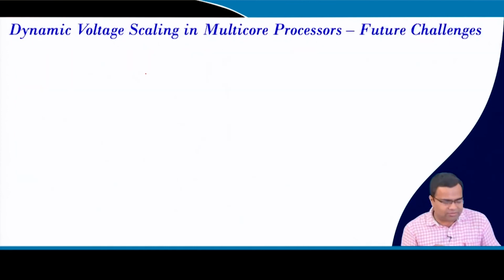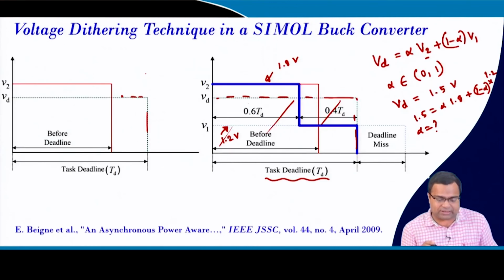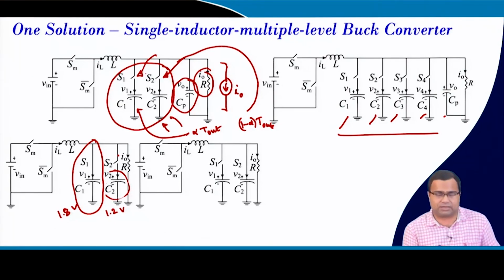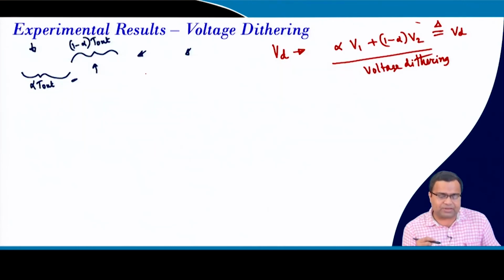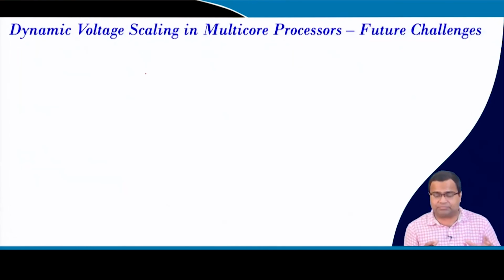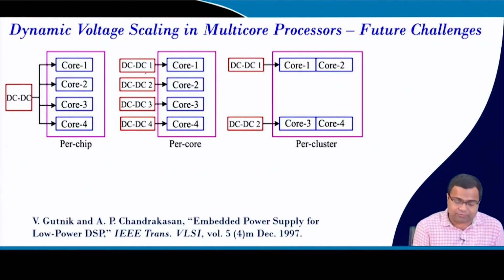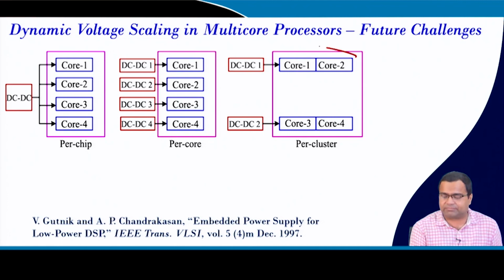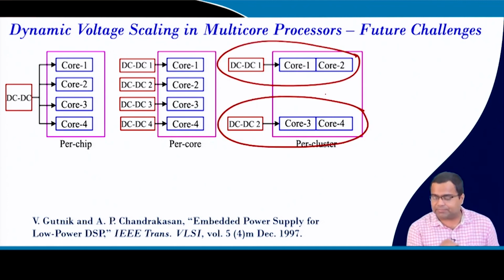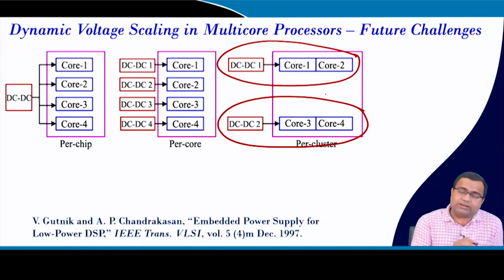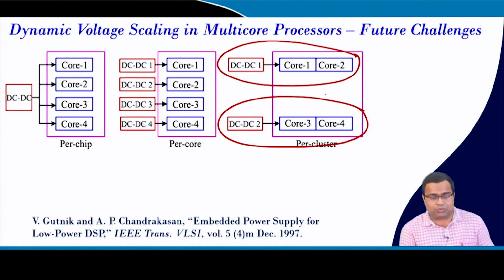But still, we are using a larger number of capacitors, because even if we use 2 capacitors, there are more switches, more capacitors. So, this can be reduced significantly in the multi-phase, multi-core processor, because that can be challenging. In multi-core, if we want to optimize, let us say with a cluster based approach, what should be the right strategy to do that? That is also another challenge, because the future is already going multi-core. So, you can do DVS, but the technique that we have described should not be scaled directly for multi-phase, because then you have too much capacitor requirement. So, there is scope for optimization for multi-phase, and that will motivate us to come up with new and new architectures,